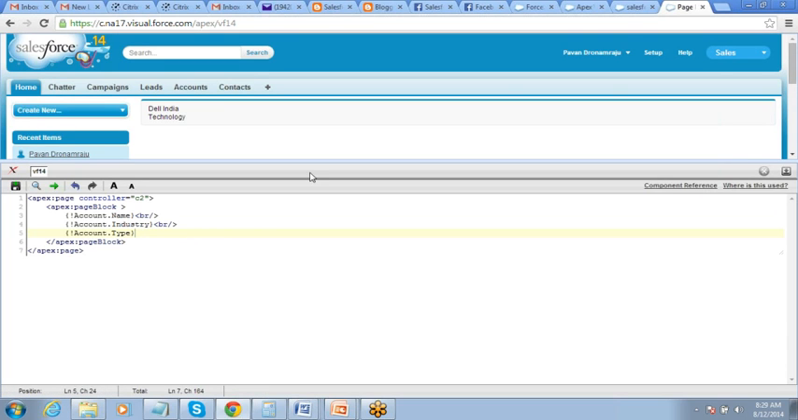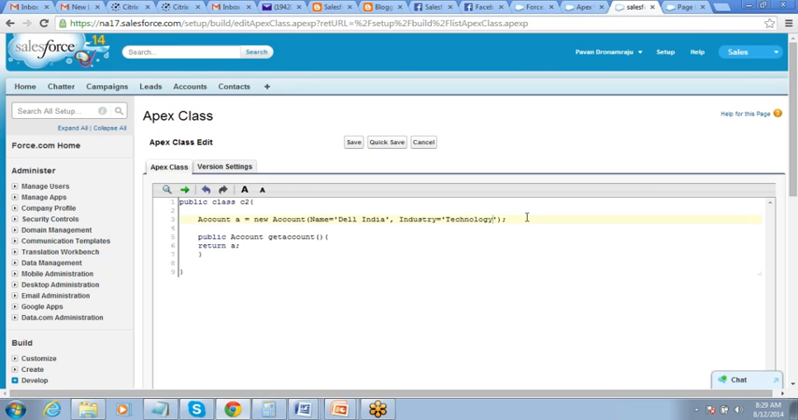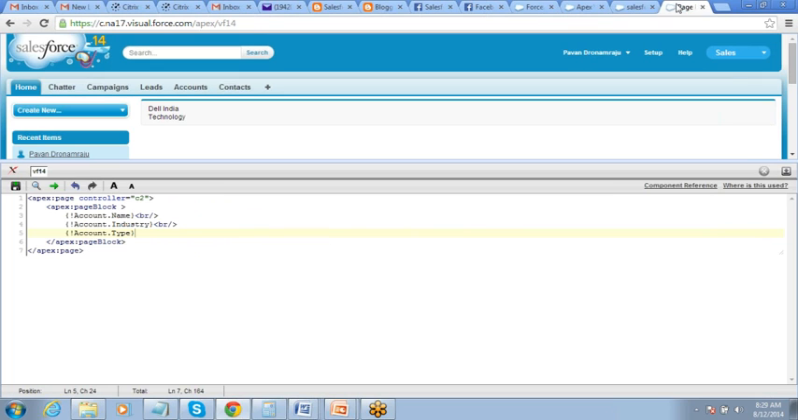Yeah, so account.type it does not have. We have not defined any type. We have not given a value to the type. So it's blank. So that is how this thing works, right? Now it is referring to the values that we have defined in our class. Okay, now let's go and